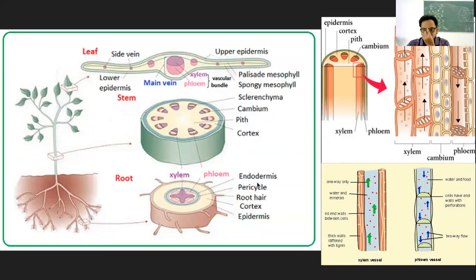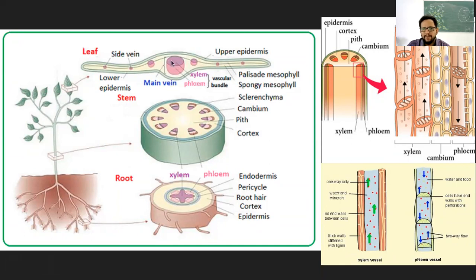I had shown this diagram earlier also, but the reason I have kept it here is to let you know that, let's say something is getting absorbed from here, right, from the root system. It has to get transported throughout until the leaf, because leaves are the ones that need this water, these nutrients or minerals which are absorbed from the soil, right? So that has to be carried, and that particular function is done by the xylem tissue.